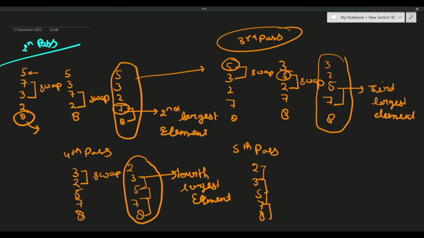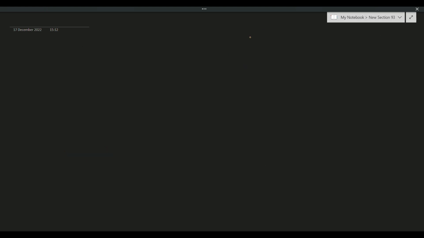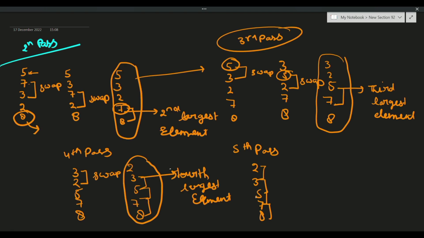So how we do that, we will see here by code. I think you should try to learn what I want to tell you in this basic logic. After that we will show you the code of this process. But before that, the first thing I want to tell you is why we call it bubble sort. We go to the previous slide, and I will tell you why we call it bubble sort.